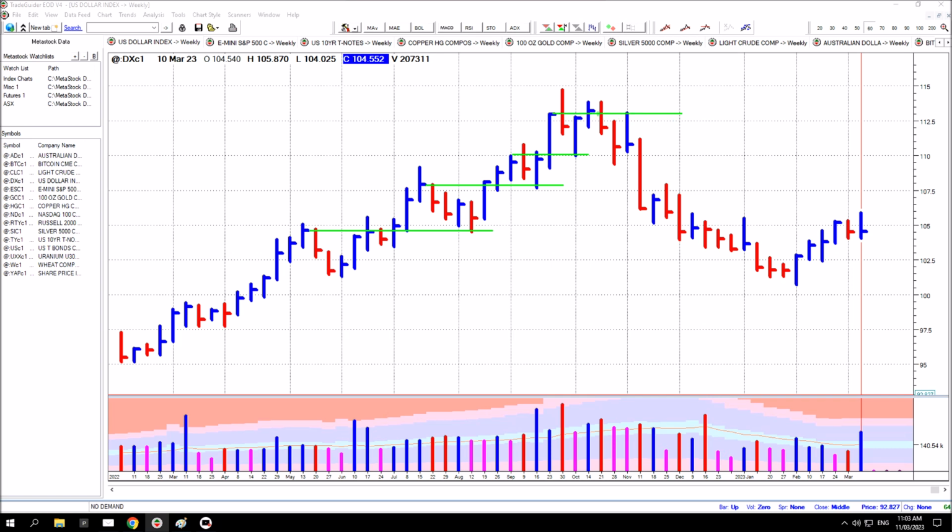Just put some lines in. This is where supply came in at the highs of the range, and then price broke down. They're the subsequent breakdowns here and here. You can see how the thrust reduced as price pushed lower. It did appear, and we mentioned it at the time, that the market was perhaps finding some sort of bottom here, or attempting to, and price moved up to the breakdown line here and here before it pushed above it